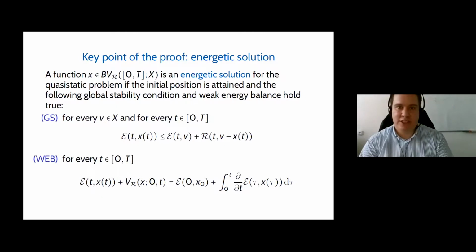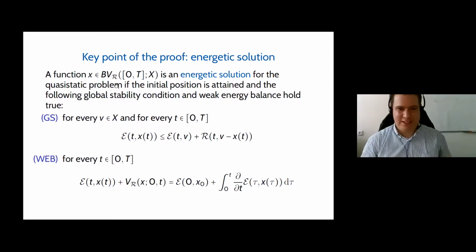And in this case, we have energetic solutions that are quite classical for the theory of rate-independent systems. And they are defined for BV functions, bounded variation functions. In this case, again, it's not properly bounded variation, but you weight the variation with the dissipation potential. So it's something that topologically is basically the same. You have to keep in mind that for our cases, the dissipation potential is changing in time.